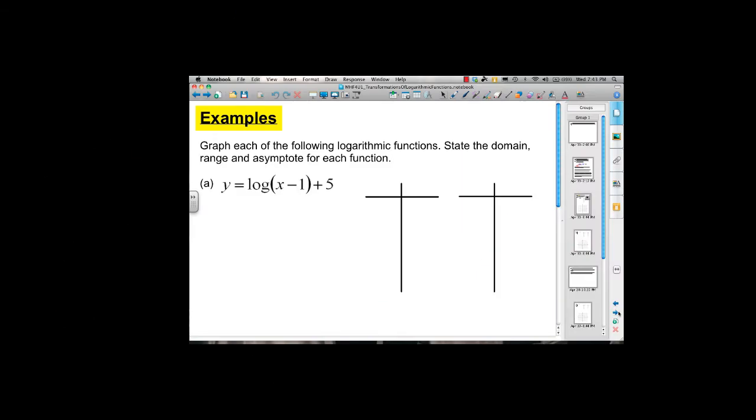So we're going to look at some examples where we can actually incorporate the ideas just mentioned. In each of the examples that are to follow, we're going to graph the function and then also state the domain and range and any asymptote present for each function. Now, considering the first one, y equals log of x minus 1 plus 5,